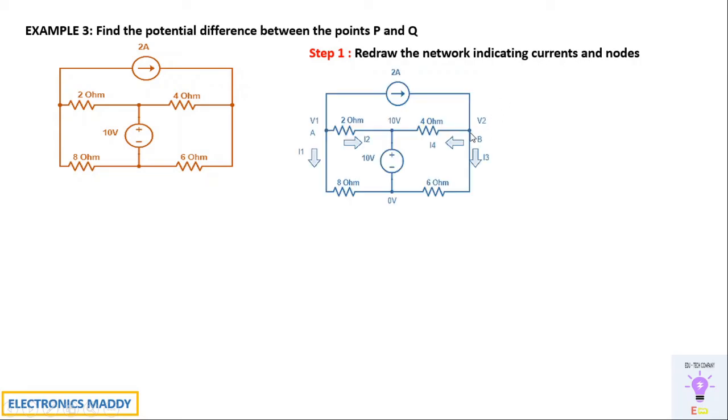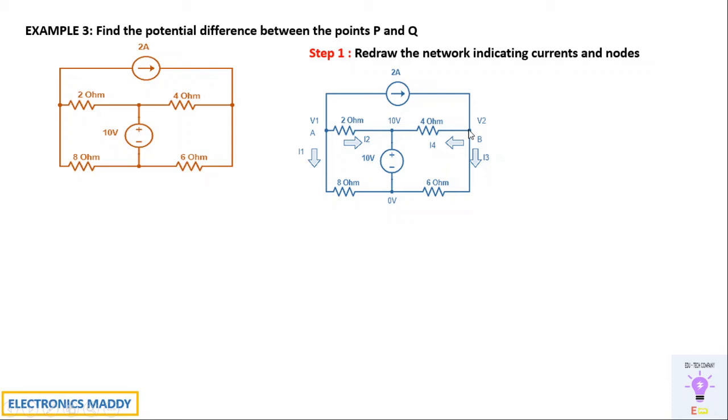So we'll be drawing it. P and Q means that they've asked us with respect to A and B. That's not indicated here, so please make a note of it. We will be assuming the nodes in this and applying KCL. To start off with this problem, first, 10 volt is appearing directly at this point, so write it as 10 volt. If there is a resistive component, we would have to write something like V3, but since the voltage is directly given at this point, we'll take it as 10 volt. Now we don't know the voltage at node A, so we'll write it as V1.